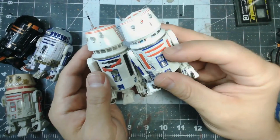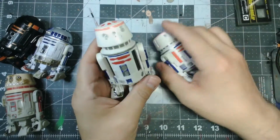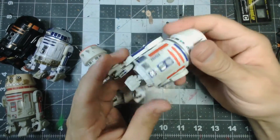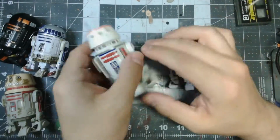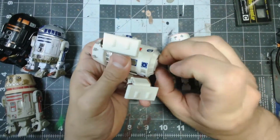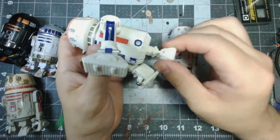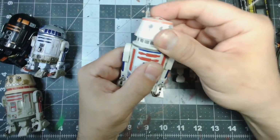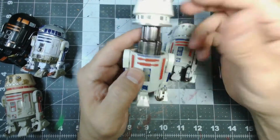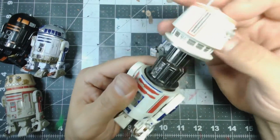On the original, the head had a rotoscoping head that would lower the tripod leg. This one does not have that function. You can just pull that out and leave the head in place where it is. The third tripod leg does also rotate. Now the head does raise, it has a little bit of storage area, so you can store those extra accessories in there. I have a feeling this might also be a feature to allow some vehicles, but